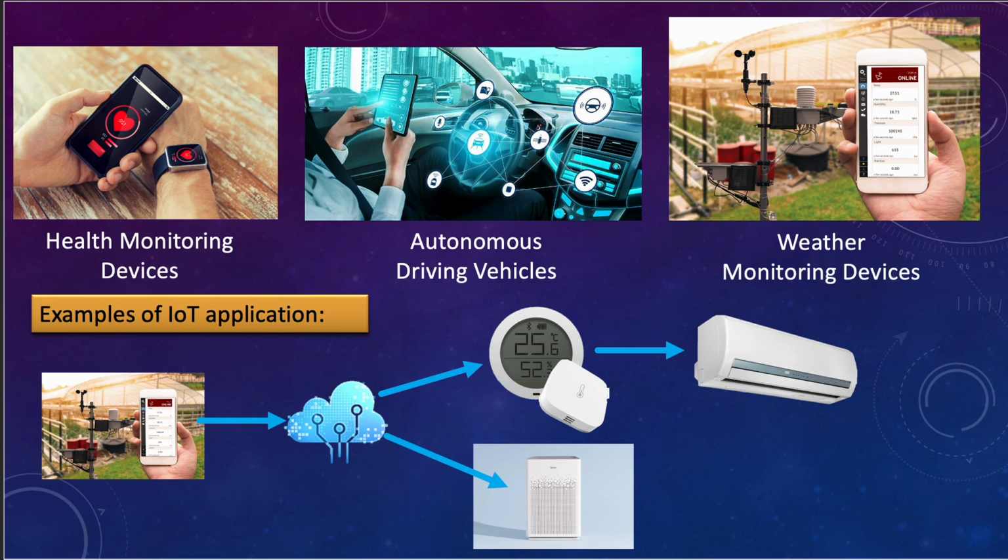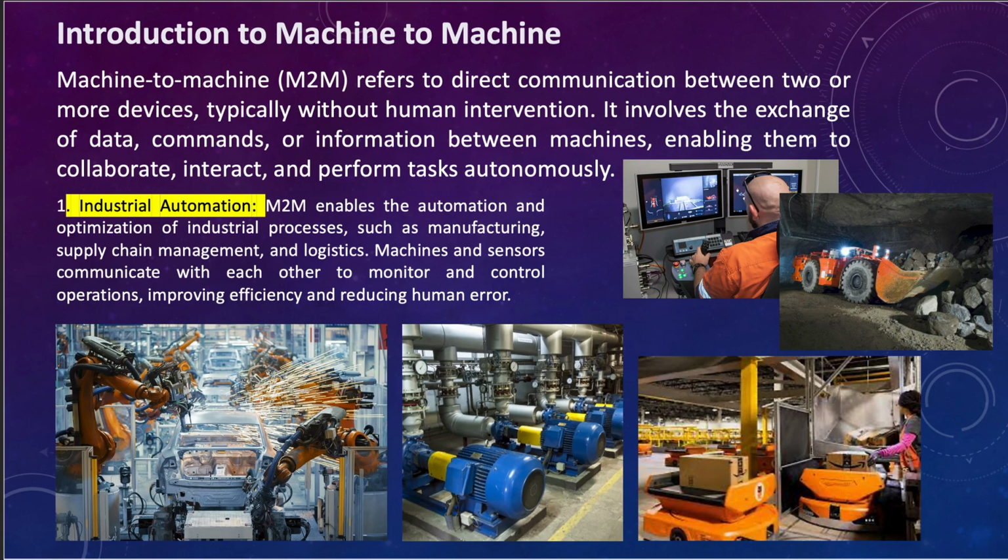Again, if you look at today's IoT and machine to machine, it's a blurred line, but one way to define it is that M2M was there especially at industrial scale. Industrial automation would be the main point of machine to machine,